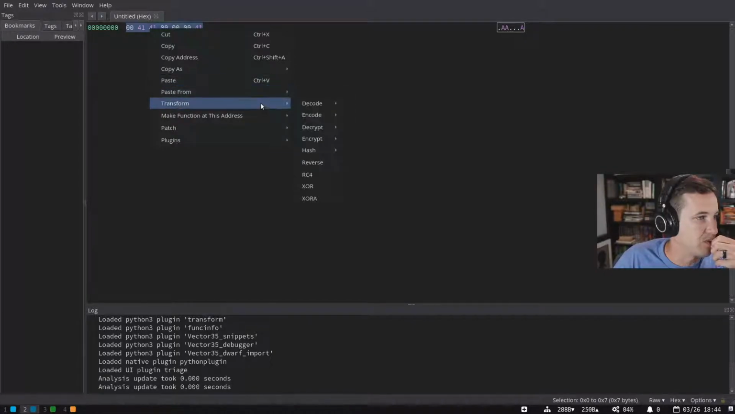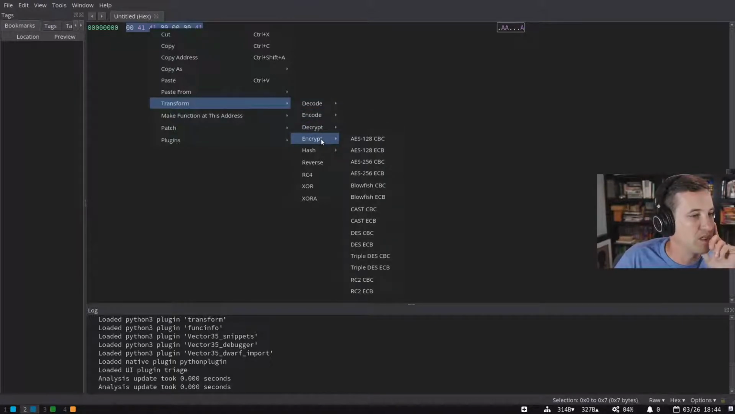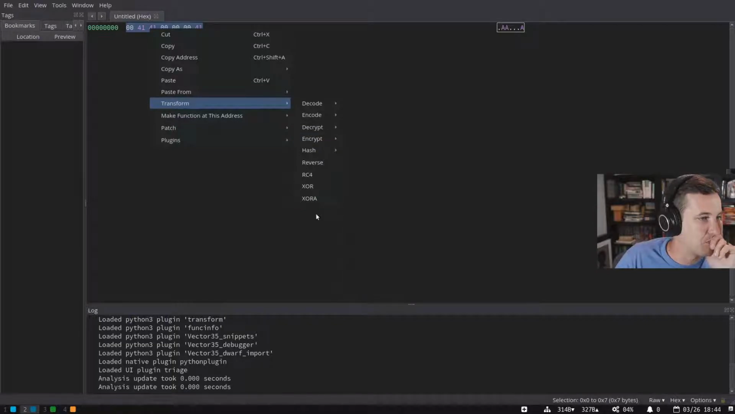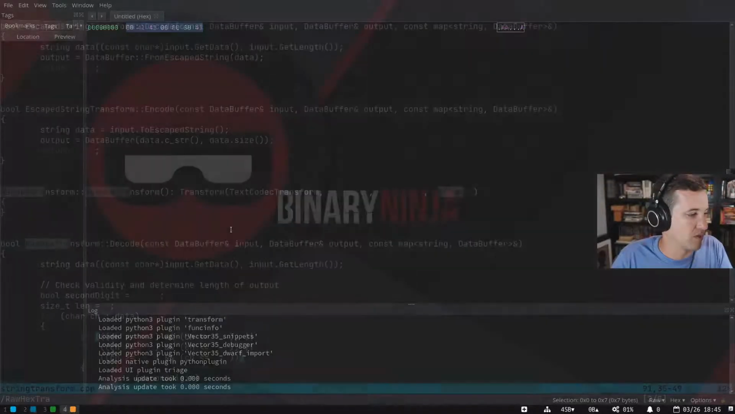So yeah, so how do encode decode? I think the grouping is just going to define where it is on this list. I don't think it's going to put it into a submenu. That's my guess. I don't actually know. But let's do this real quick. So we can make